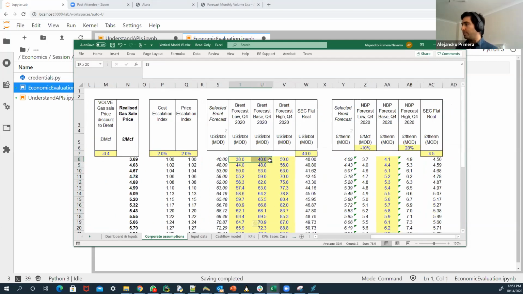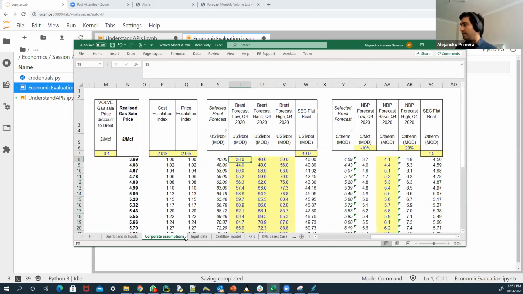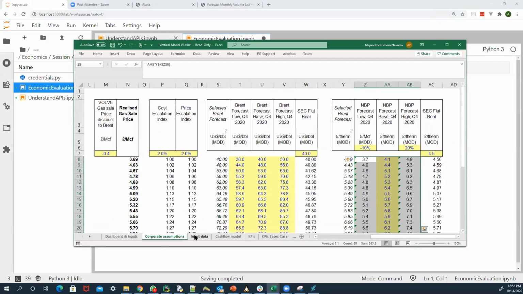But we know that those price scenarios, pretty much, we took them out already. So now we don't have to depend on the price scenarios that are in Excel. We can use the price scenarios that are in the web server. The same, this is the prices for oil, and I believe these are the prices for the gas. In terms of